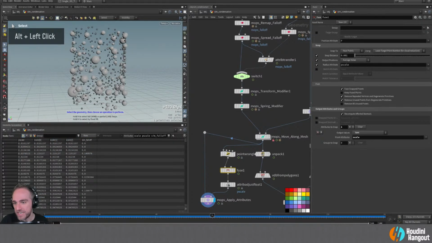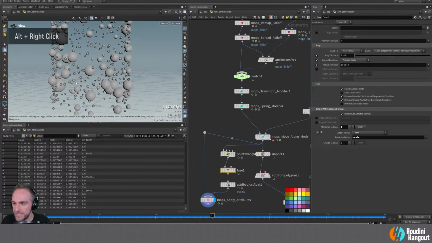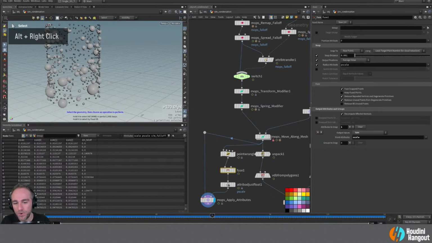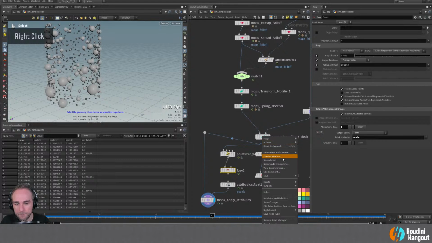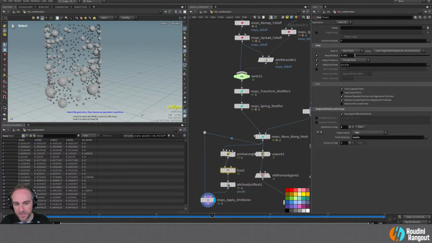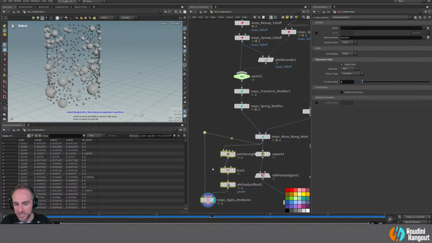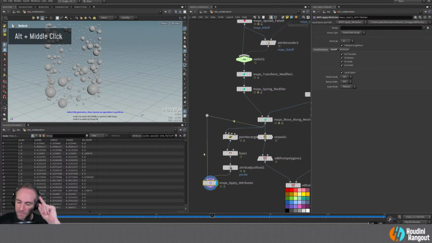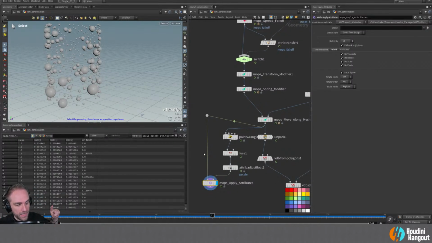So instead of just sitting here and watching me go through this, I think that's probably a good place to end this. We've got it more or less working. I think you certainly could push it a bit further. It's good to know that this MOPs apply attributes, and thinking about the way that works is interesting, because what it's doing is making sure that